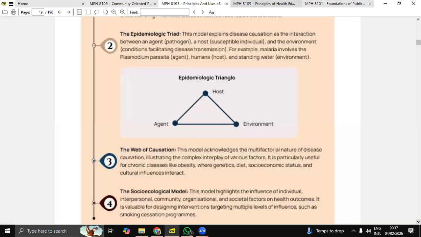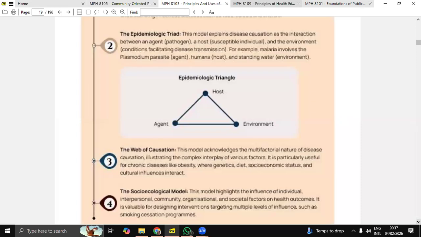It talks about it in terms of the individual. What are the individual factors that can predispose a person to getting an illness? So there we're talking about this individual's immunity, this individual's genetic composition. And then what are the interpersonal factors? What are the community-based factors, organizational factors, societal factors that would have impact on health outcomes that will predispose people